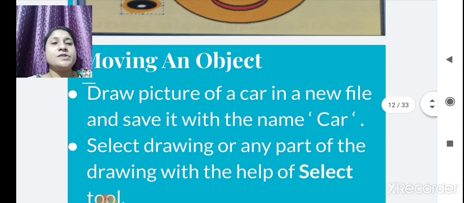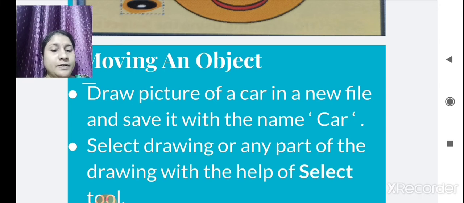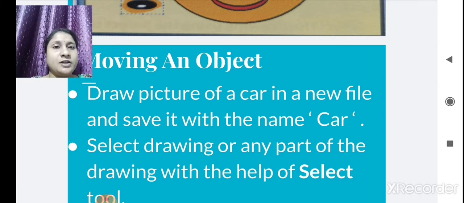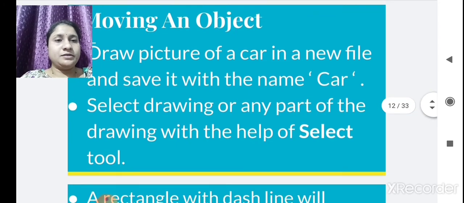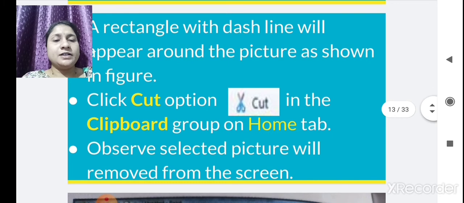For moving an object we are going to use the cut option. So see here, what is cut?